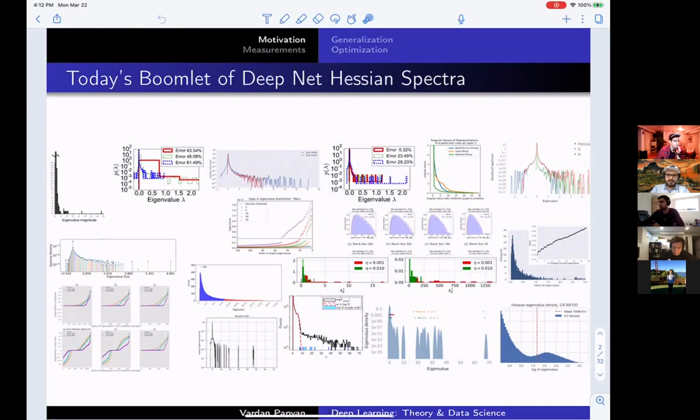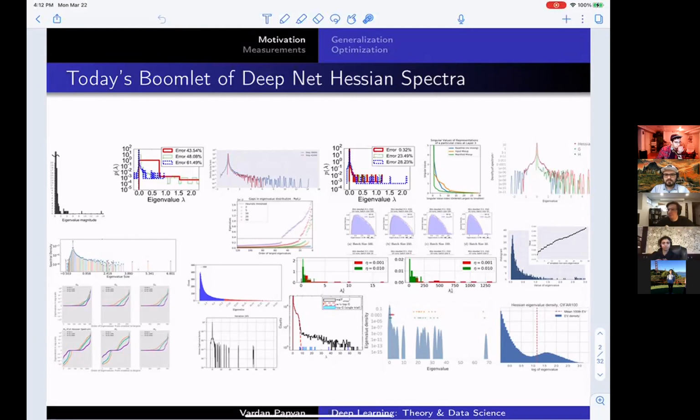And we talked about the phenomena that occur in the spectra of the layer-wise features and also the layer-wise backpropagated errors. Today we're going to answer a question by Amirreza: how are these observations all related? We have observations about the layer-wise features, we have observations about the layer-wise backpropagated errors, and today we'll see